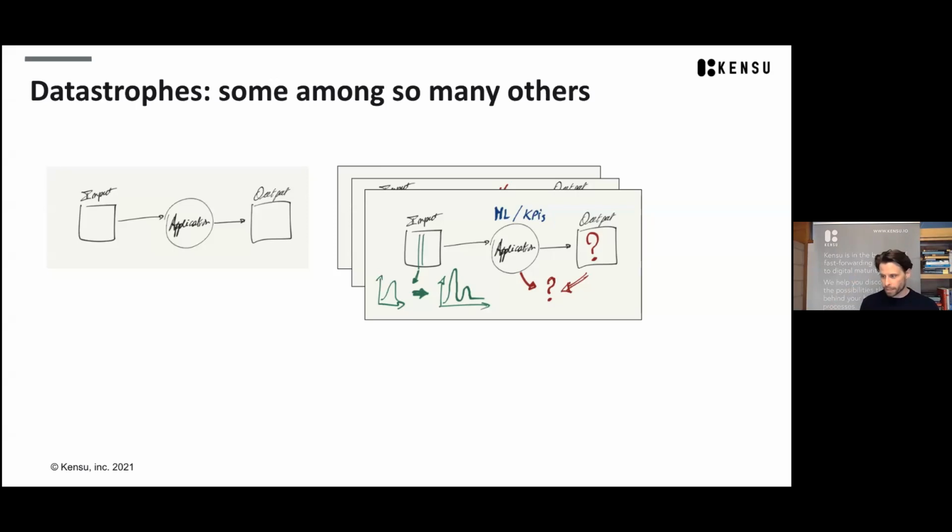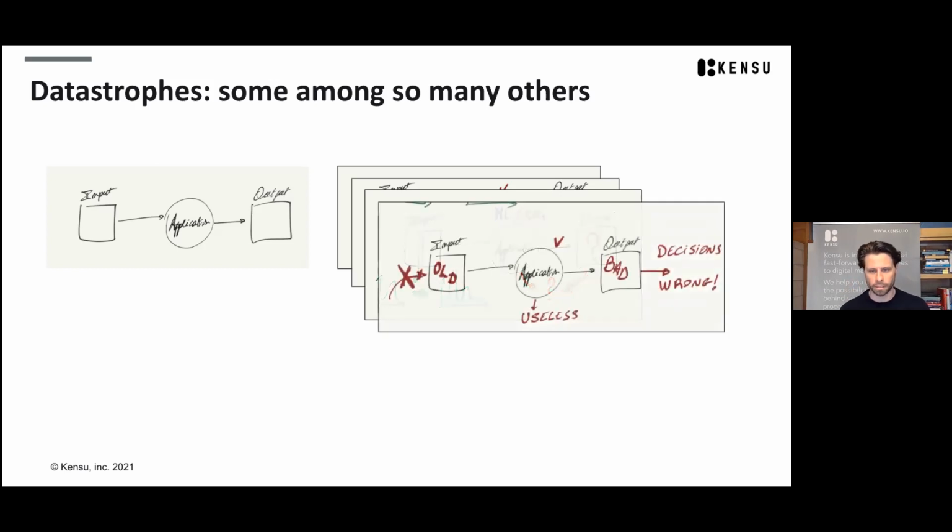The thing is that the application, which can be the computation of KPIs, the training of a machine learning algorithm, or the usage of a machine learning model, right, will still work, right? But what is it producing? Is this still accurate? Is it still fine? We don't know exactly if it's still okay. And if it's not okay on the output side, what is the problem? What do we need to change? The application, modify the application, modify the data? Well, in this case, we can't, right? Do we have to split the data? Do we have to create a new application? All these things are the different decisions that we want to take in this kind of case.